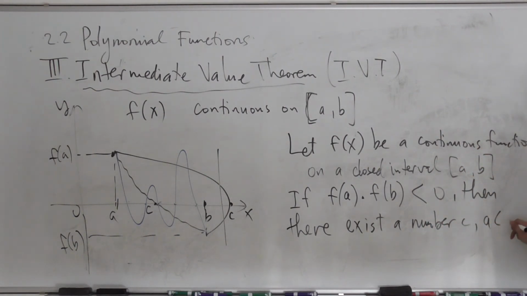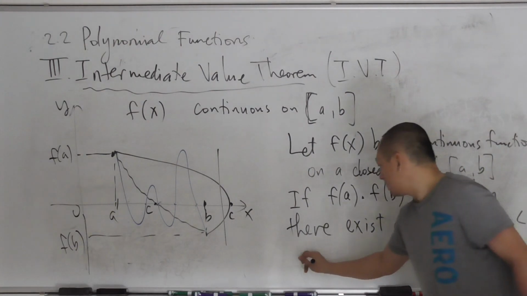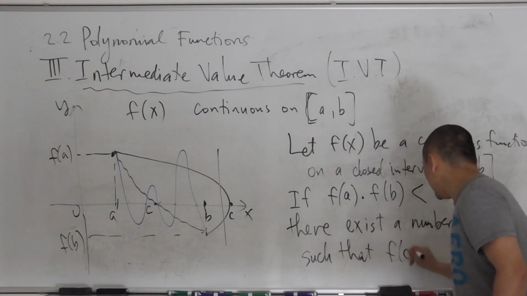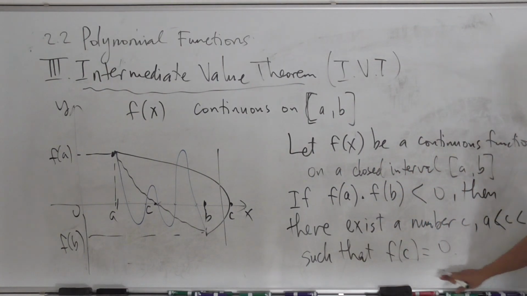Moreover, C has to be in between A and B, so I'm going to write it this way: C is less than B and greater than A, such that f of C is equal to 0. And you know what we mean by f of C equal to 0? We plug C into the input, f of C equals 0, it means C is the 0 of the polynomial